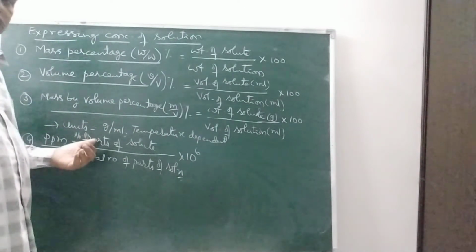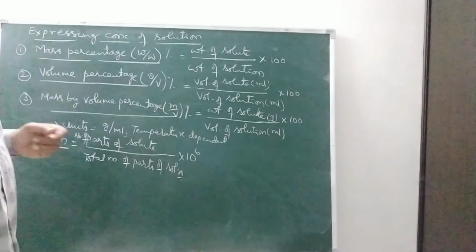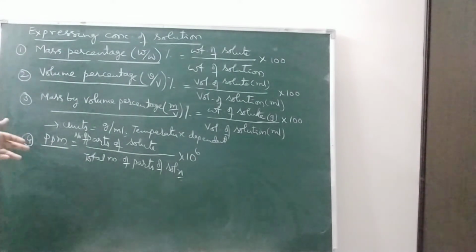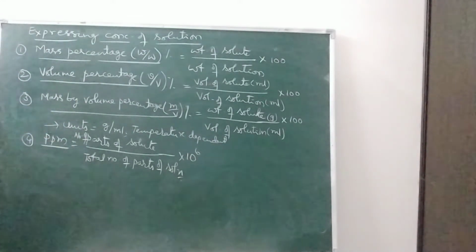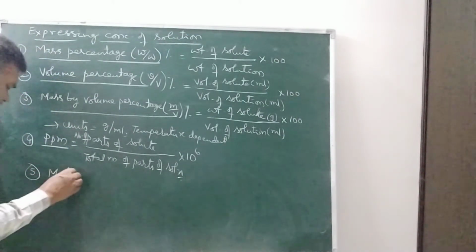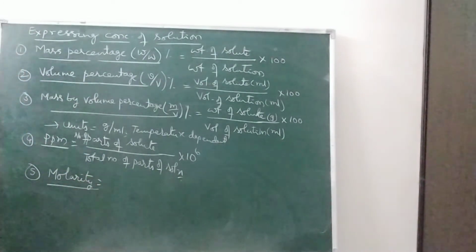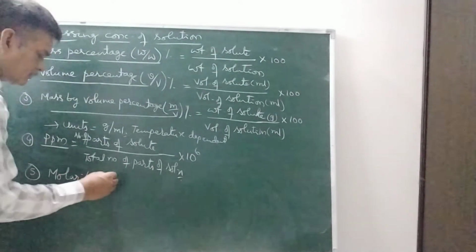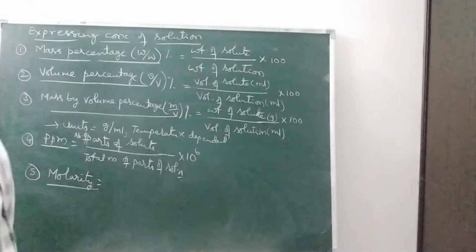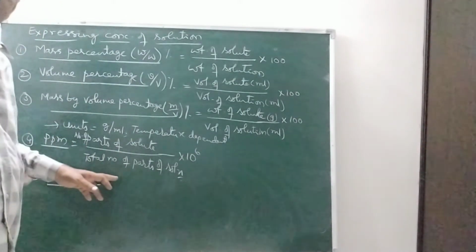Right? Of course, it is taken when the solute is in very trace quantity. Trace amounts of solute are present in the solution. Of course, it has no units again. It has no units. Next one, molarity. What is molarity? Number of gram moles of solute present per liter of solution at a given temperature. That is the definition of molarity.